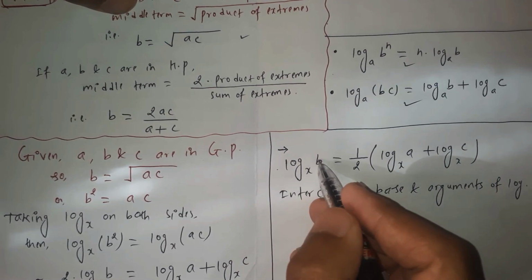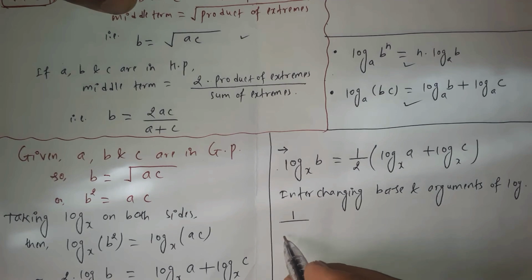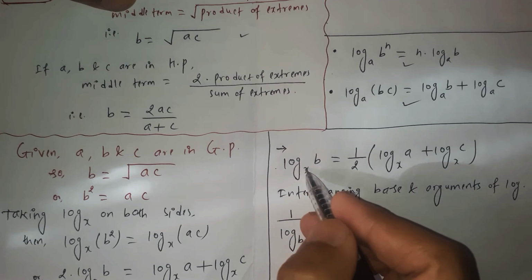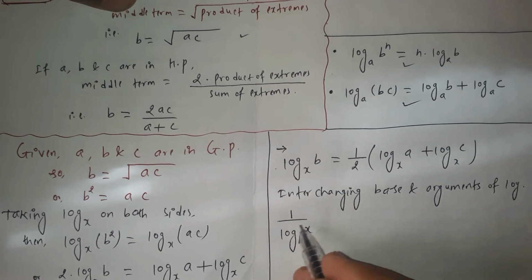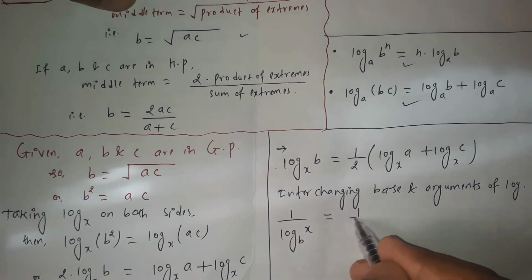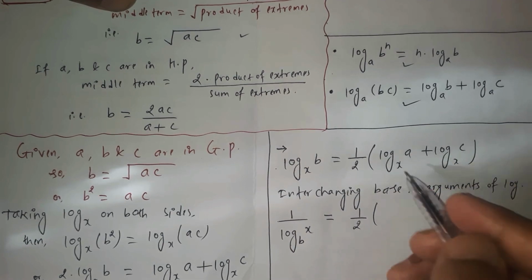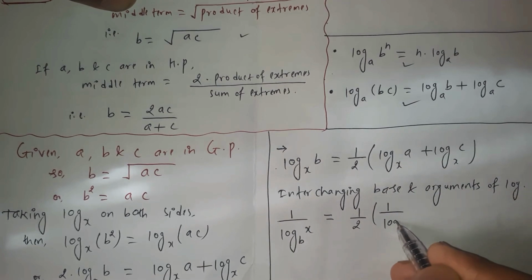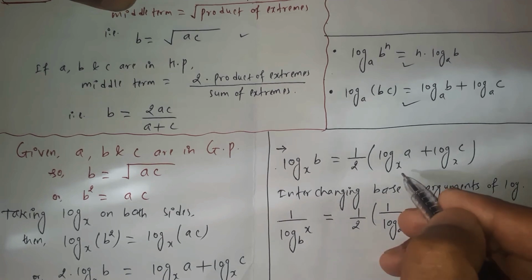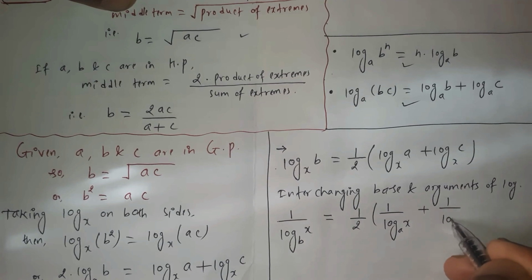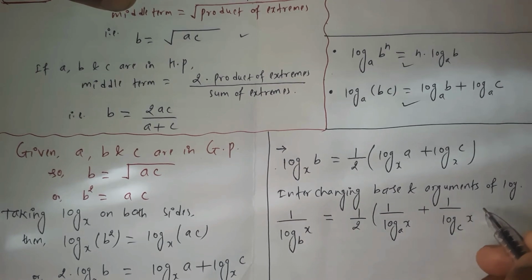After interchanging the base and the argument, these expressions will be 1 over log. Here the argument b will be the base and the base x will be the argument. We have to do 1 over that interchanged portion is equal to 1 over 2, and inside this parenthesis we can interchange, and then after interchanging this will be 1 over log with base a of the number x plus, similarly we can do here, this can be written as log with base c of the x,